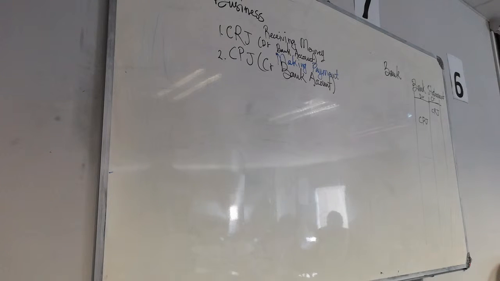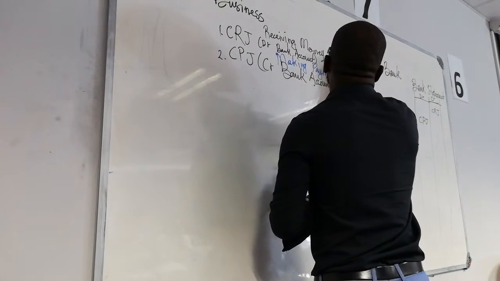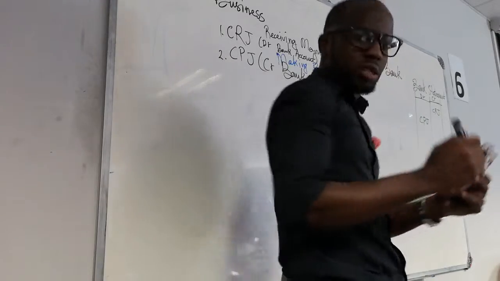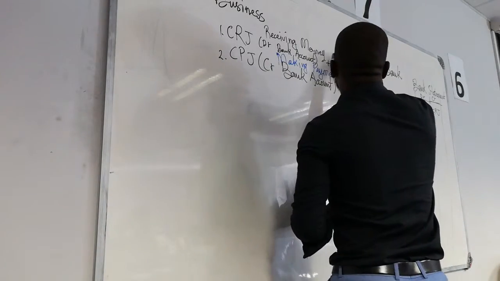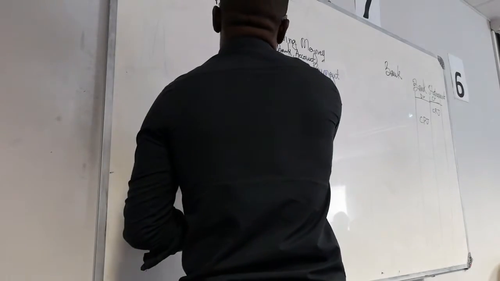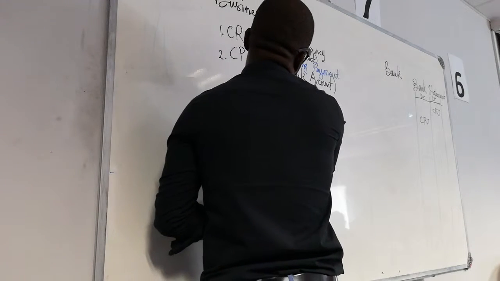What can happen? The differences that can happen. The first one will be an error. Actually, let's deal with errors at the end. Let's say that the first one is that we will record something in the CRJ, we will say plus 1,000, and it will not be here. Let's eliminate the whole need of an example so that we can look at practical stuff on Friday. Cash receipts journal.